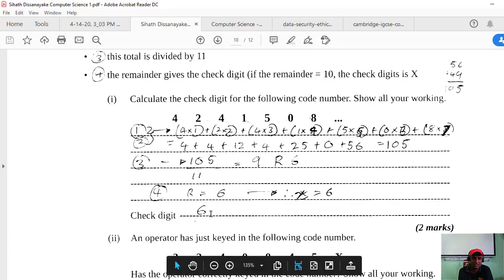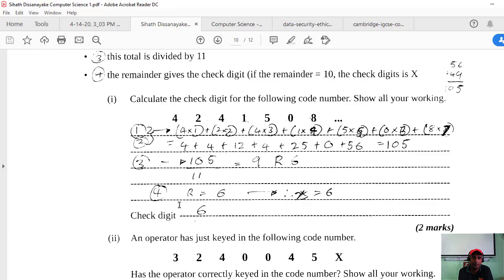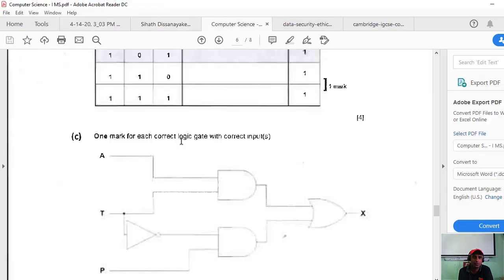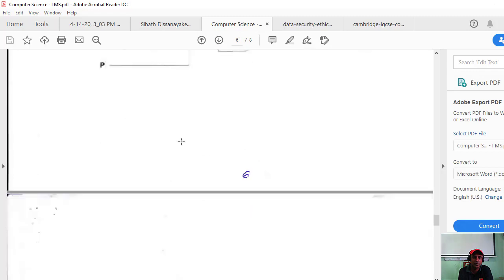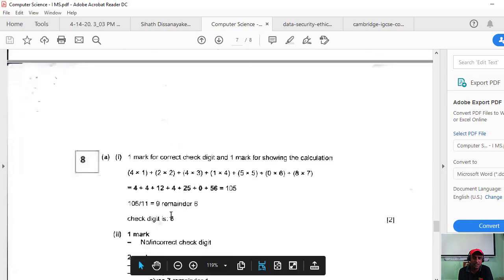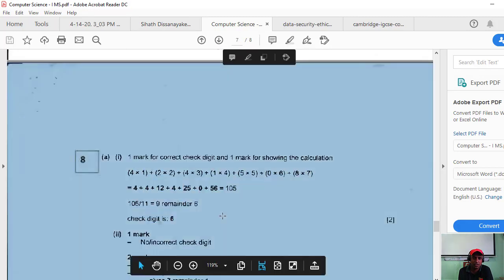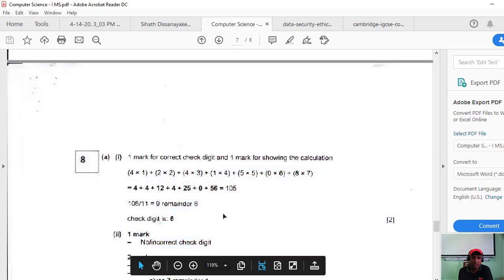Check digit is 6. It's 6, right? The answer is 6, right? Okay, check the answer. Yes, the answer is correct. So that is check digits.